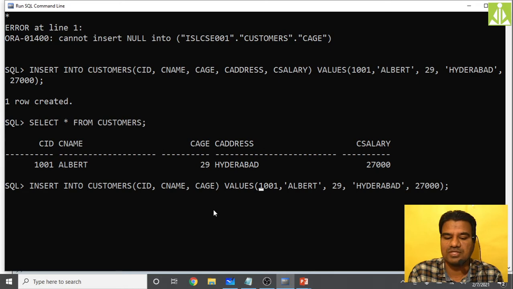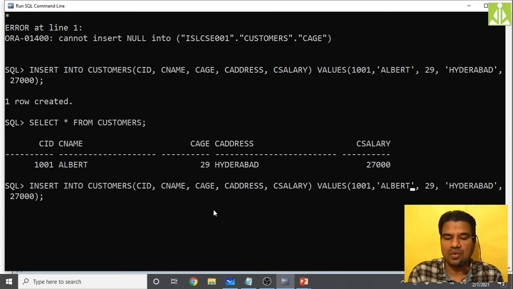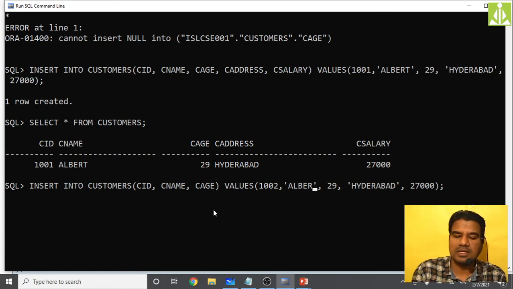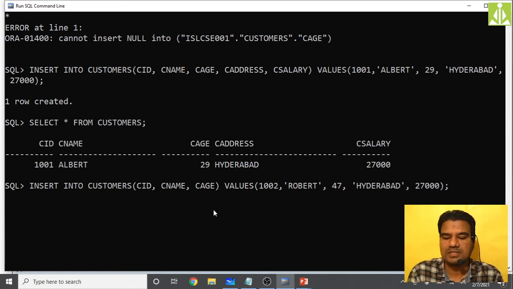So remove C salary and C address, make the correction to 1002 and the name as Robert, then give the age as 47 years and remove the last two entries.